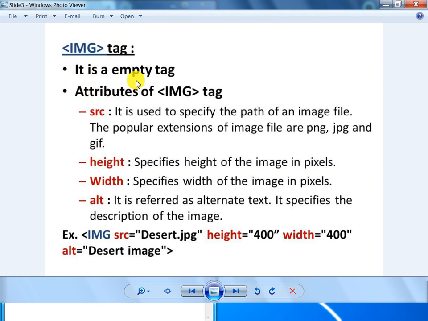The IMG tag is an empty tag, and these are the attributes of the IMG tag: SRC, height, width of the image, and ALT, that is the alternative text. When we move the pointer over that image, it will display the reference name. Okay, let's start the example of the image tag.